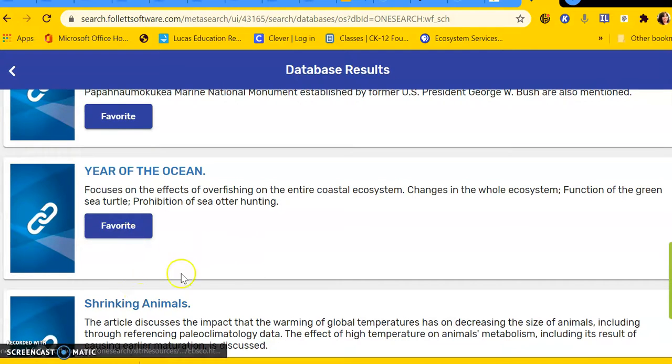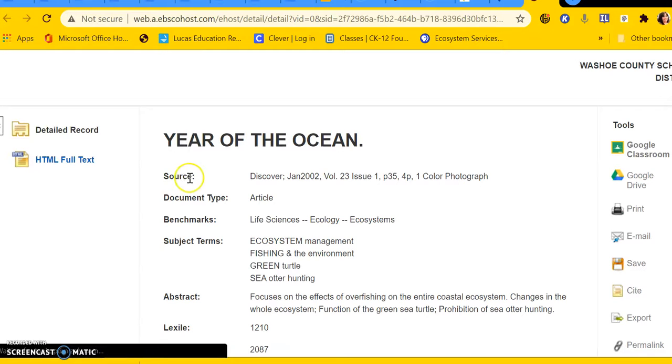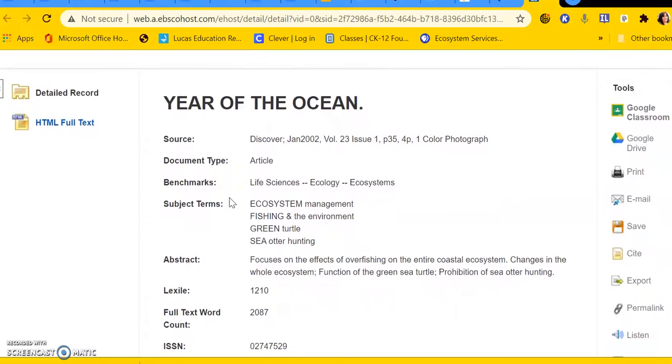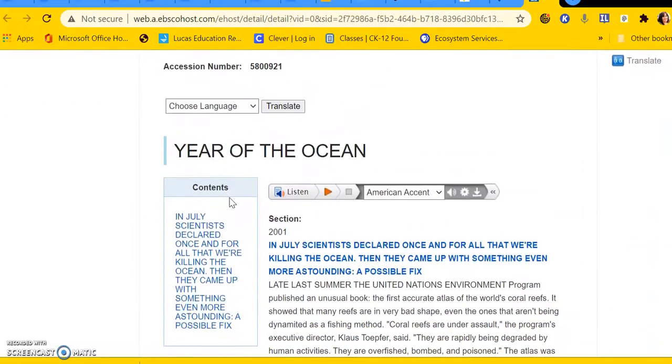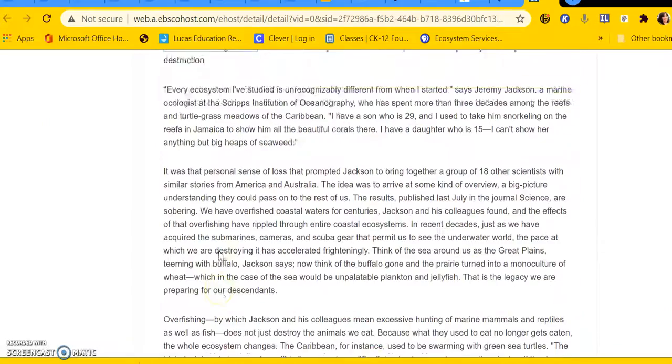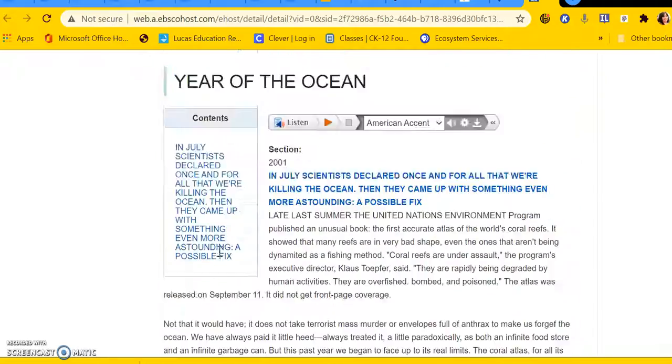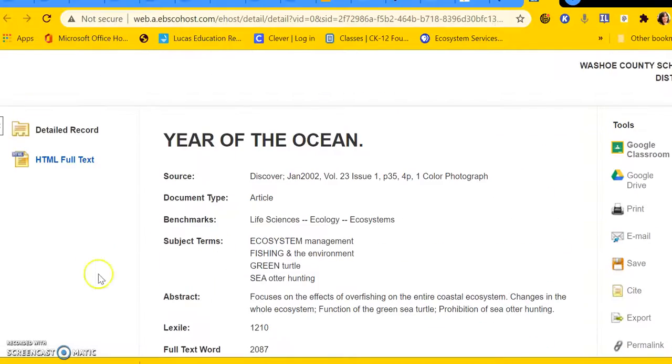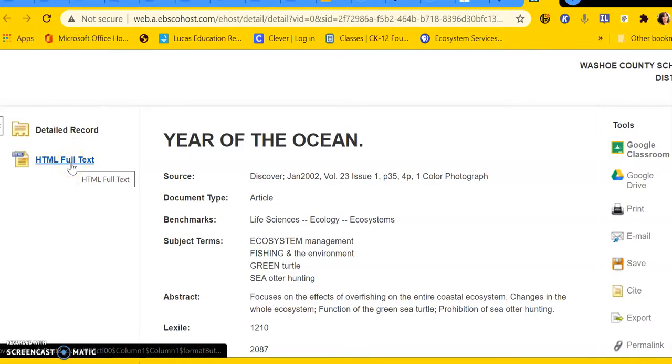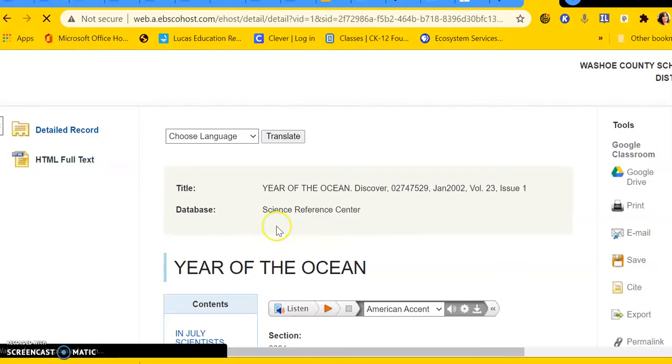So I'm returning back to my results, and in this case I found another article, and the title looks like it's relevant, and I've read the summary and it looks like it's relevant. So after I click on it, I've looked through it and it's a good fit. So notice over here, this one does not come as a PDF. So I can click on